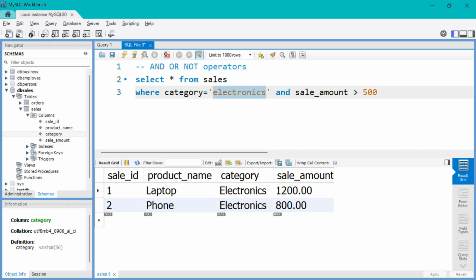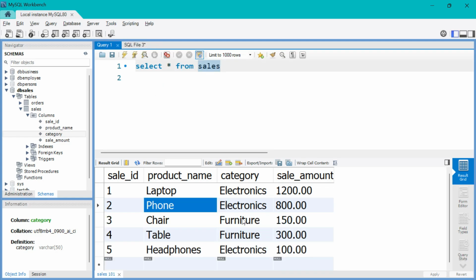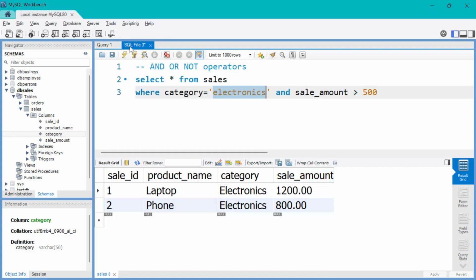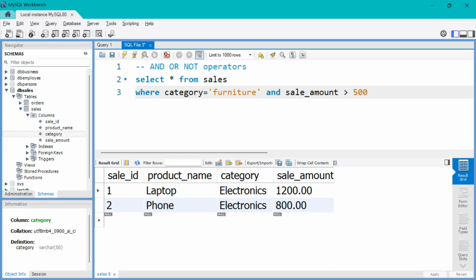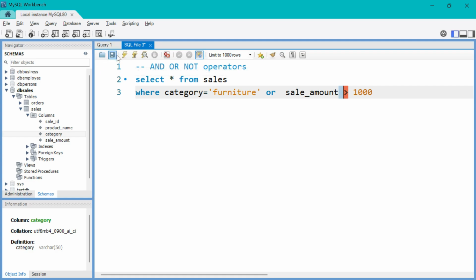Now let's say if I want to say OR, okay, let's use OR operator. So here I am saying get me all the furniture items like chair, table, whatever the furnitures are there, and any other sale amount which is greater than 1000. I'll use OR here. So here I'm saying the category should be furniture, or the sale amount should be greater than 1000. This is my condition. So that means both of the things it will check. If I execute this,